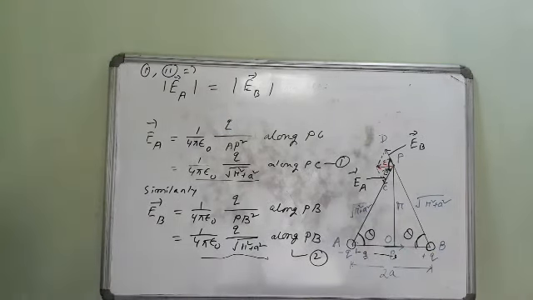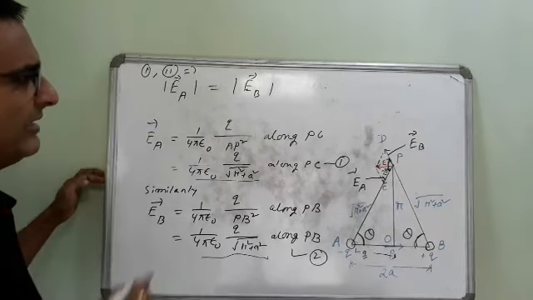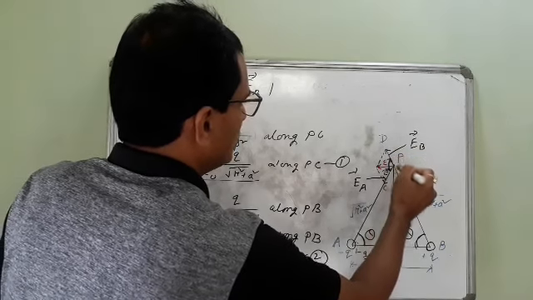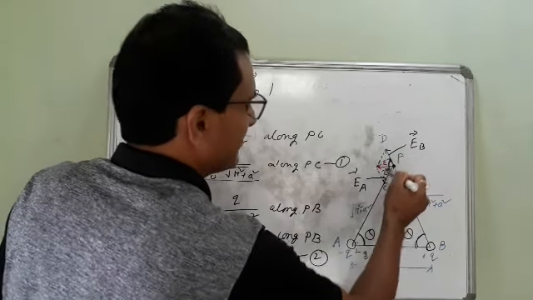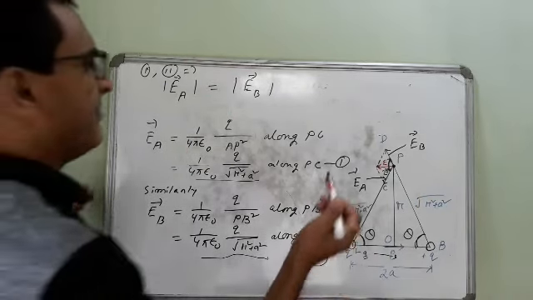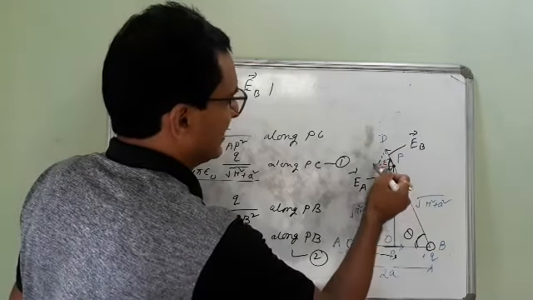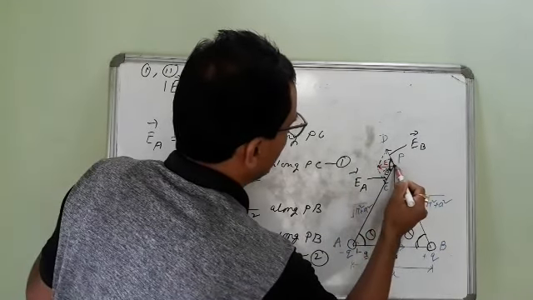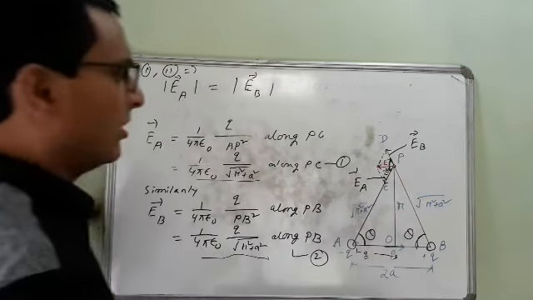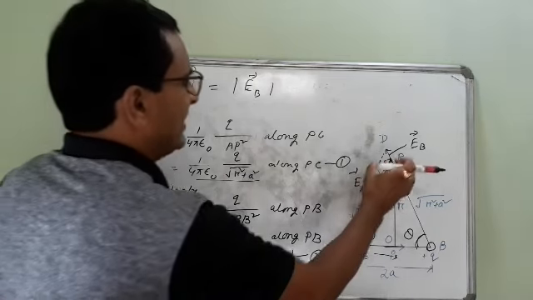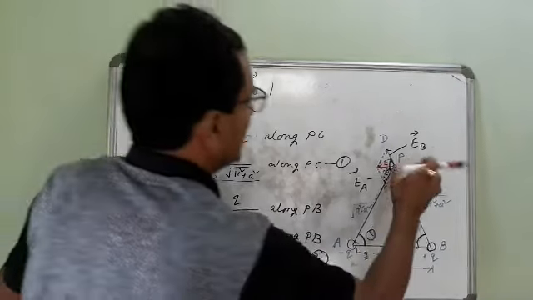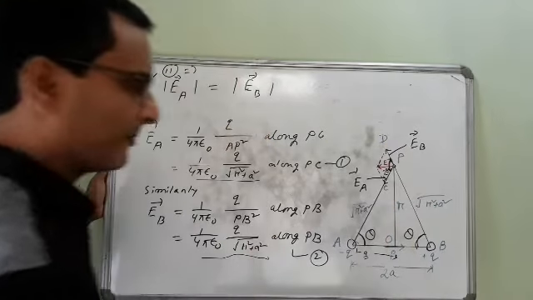Okay. Now what we can see from the diagram is that this vector is EA and this vector is EB. These two vectors act from the same point P. So if we draw a parallelogram using these two vectors, then if we draw one line from this point to the opposite point of the parallelogram, then obviously according to the law, this vector will represent the resultant of this vector and this vector. Okay.